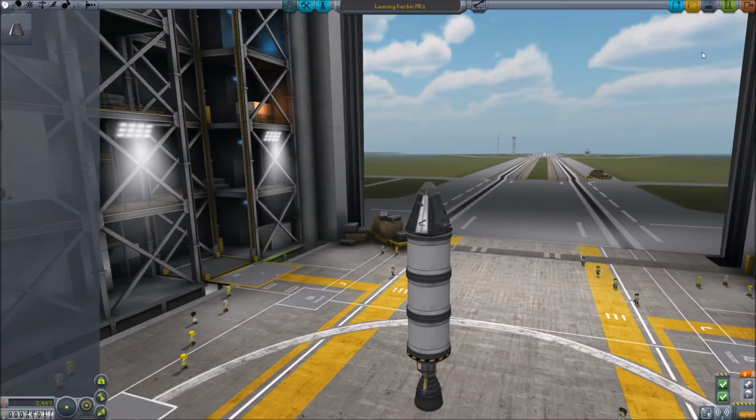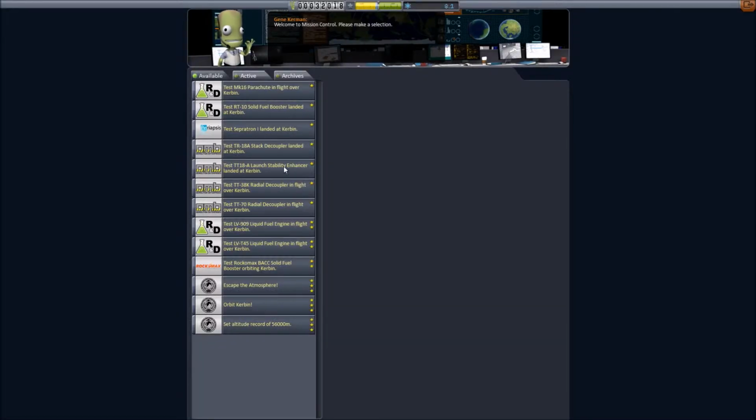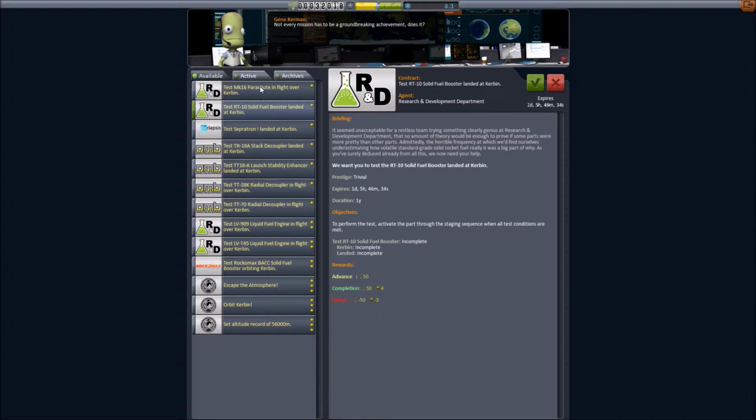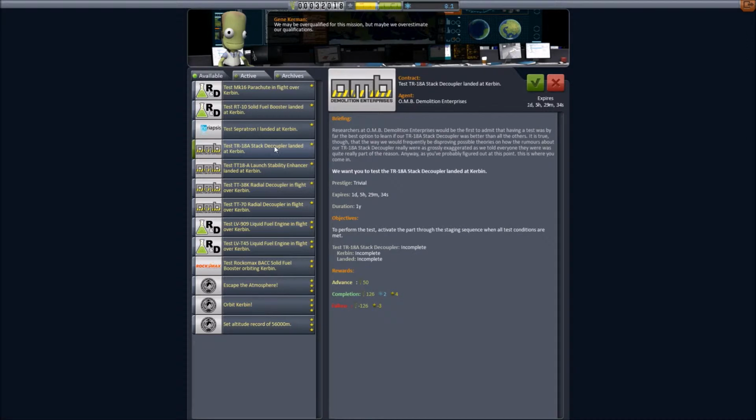Oh, actually we need to go back to mission control and see if we have any other missions that we can accomplish on our next flight here. And boy, do we. Alright, so these are some of the missions that are going to pop up. We can test certain parts that are not yet available to you. We could do this one very easily, actually, but